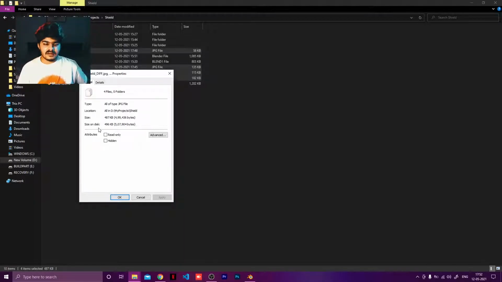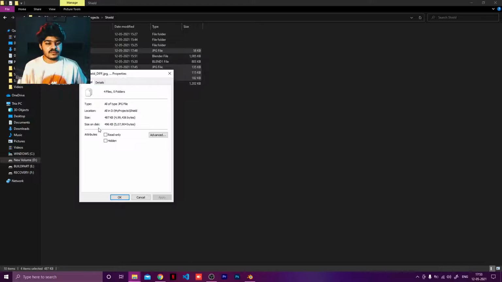Initially, there are 2 things that I'm going to tell you. Initially, the overall size of the textures that we are using was how much? 10 MB. Right now, it is just 487 KB. And there are 2-3 things that I want to tell you. One, I'm using JPEG. So JPEG usually has less quality. Two, the render quality or the rendering parameter was very less, just 16. So that also accounts for less size and less details in the image. The third part is the size of the texture. We used 1024 by 1024 texture. If we had gone for a higher texture, maybe 2K, 4K or 8K, then the size would have increased.